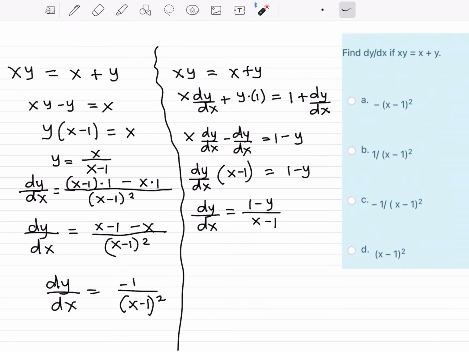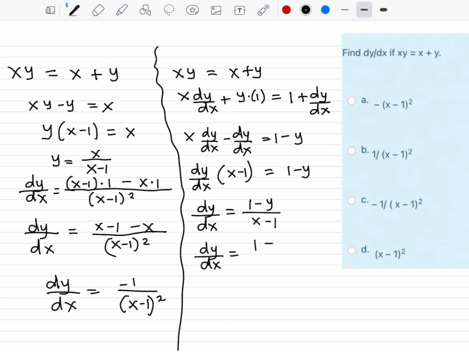You should have asked yourselves also, is there a way by which we can express the final answer as an expression containing the variable x alone? Is there a way by which we can express y in terms of x? Go back to the original equation. We can explicitly state y in terms of x, and this is it. Okay, this one. y equal to x over x minus 1, which means that when we substitute y here with